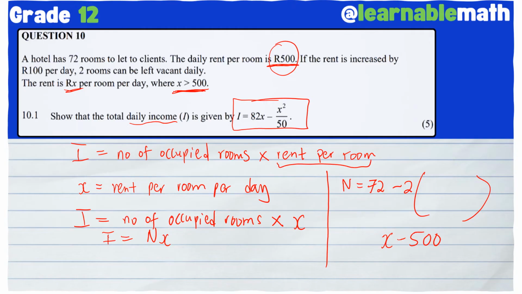So it means your x can be even 600. Do you understand? 600 minus 500, then you can find that the rent actually increased by 100 rand. We are saying from 500 because 500 is the original, so this is the increase, right? But we want to ensure that when this increases by 100 rand, hence I'm saying x minus 500, the rent increase, when it is 100 rand, then we